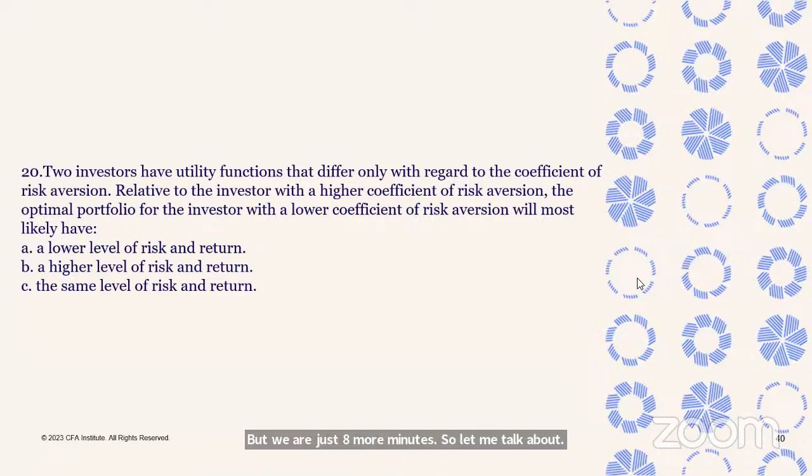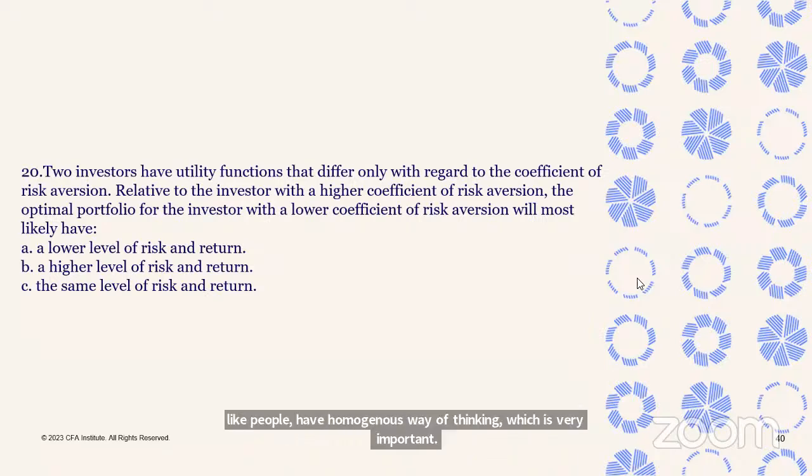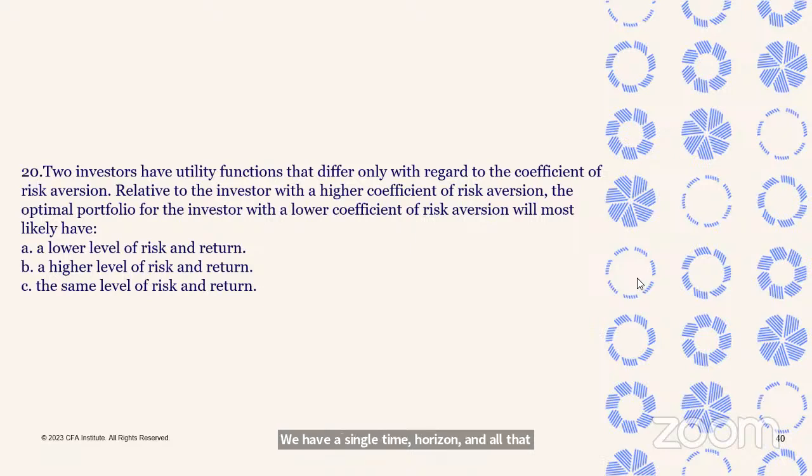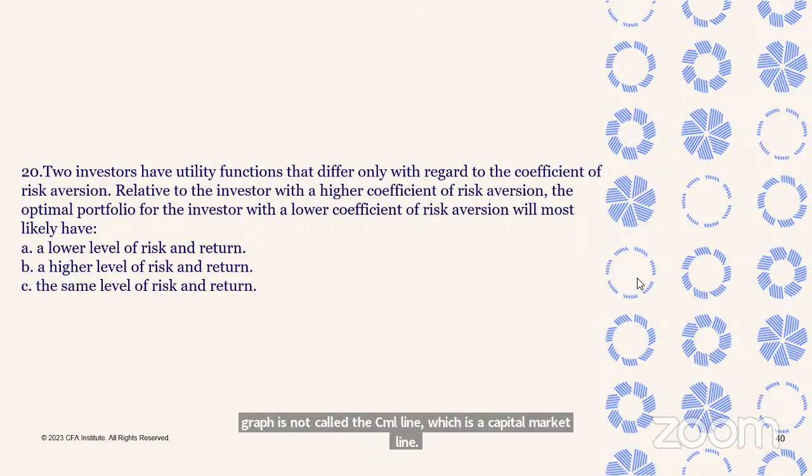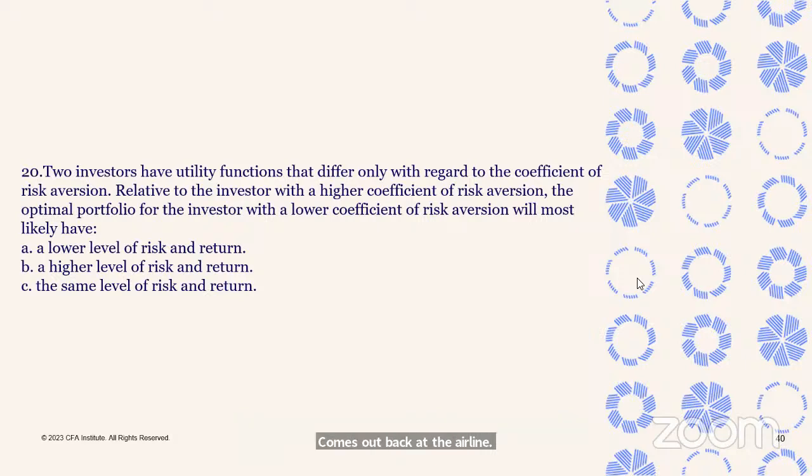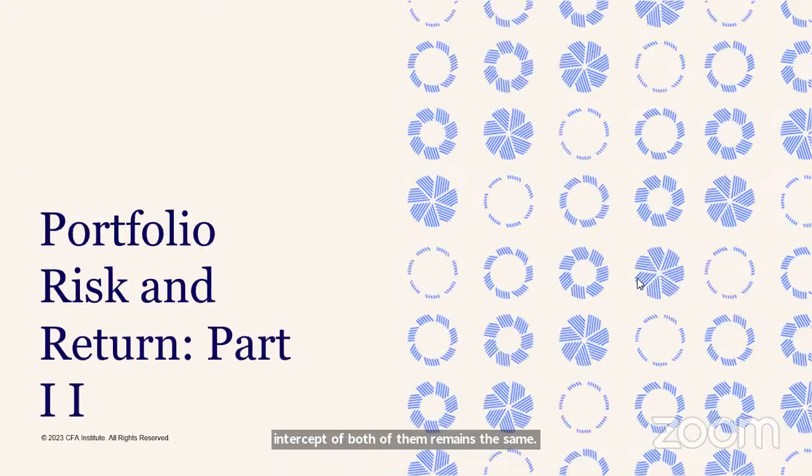Now, the CAL, like we said, is unique to individuals because it has to do with that indifference curve. Now, due to some assumptions, like people have a homogeneous way of thinking, which is very important. We are price takers, we have a single time horizon and all that. It now becomes that because we have a homogeneous way of thinking, we all pick the same asset as the optimal asset. So that asset is called the market portfolio. So that graph is now called the CML, which is the capital market line. The capital market line and the CAL are the same and at the same time different. The same in the sense that the slope and the intercept of both of them remain the same, but the CAL is unique to individuals, while